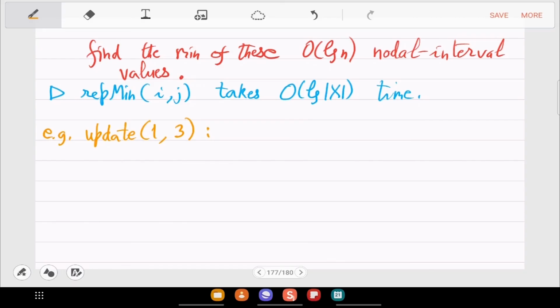You go to that leaf where 14 is stored, change it to 3, and then from here go to the root, right? So the internal nodes that you will visit, you have to change the values if needed.